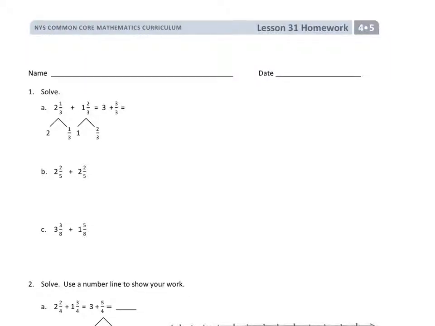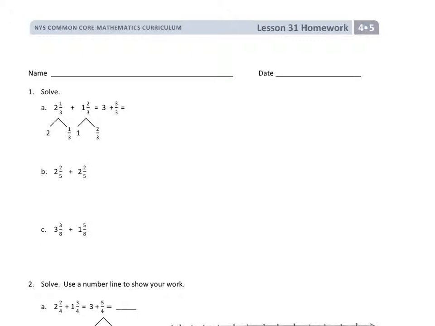On tonight's homework, students are going to be practicing adding mixed numbers by thinking about the numbers not as mixed numbers, but as a combination of different units. So whole numbers and then fractions. So you can see in problem A, they've broken the mixed numbers into its whole number component and its fraction